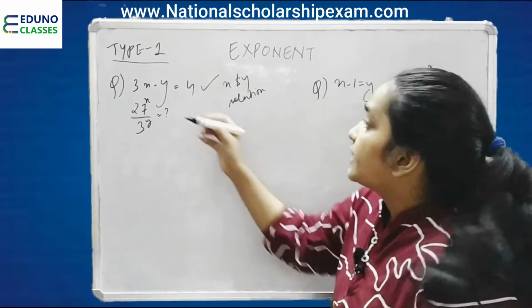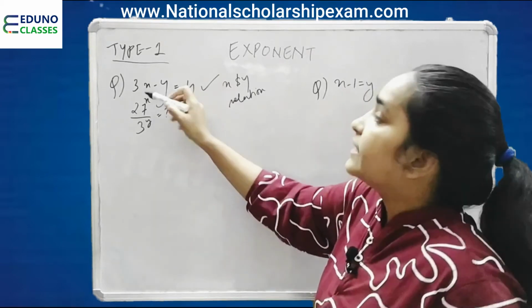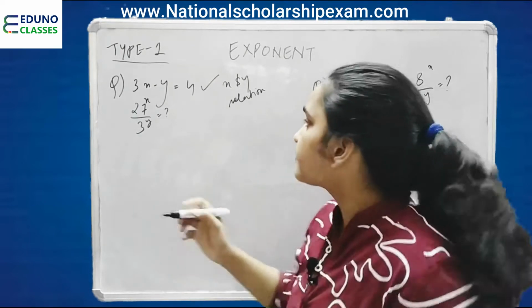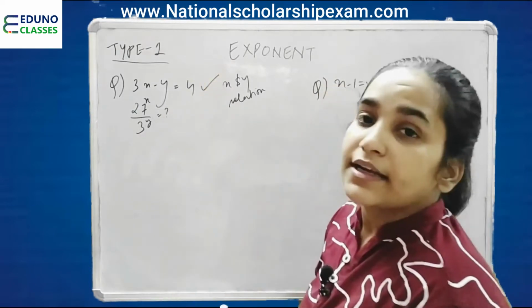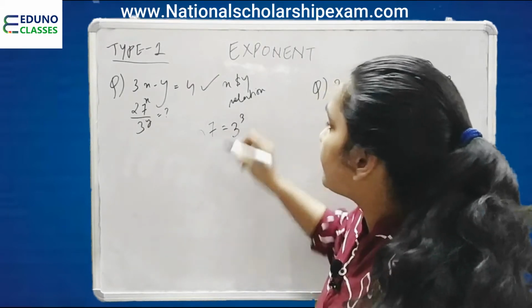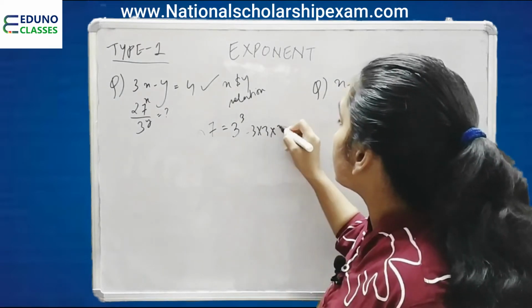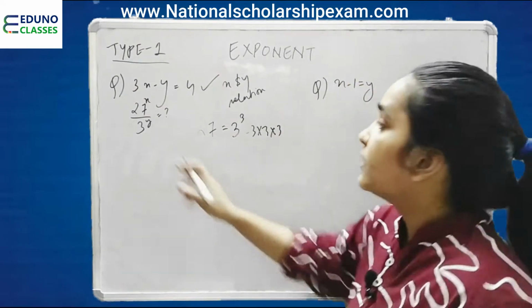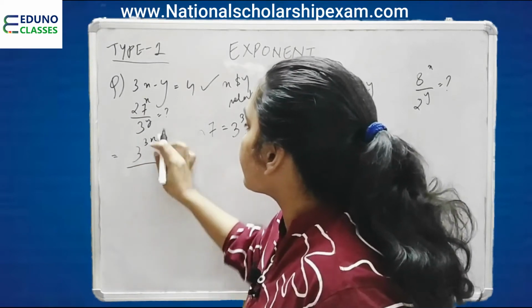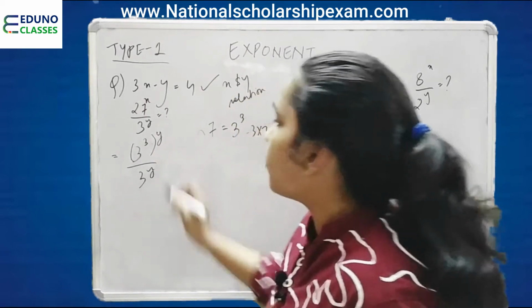So, this is the relation given to us, and if we replace x or y through this relation, we will get a homogeneous equation in one variable. Now, let us do that. Before doing this, 27 can be written as 3 power 3, that means 3 cube. That is 3 into 3 into 3, 3 into 3 is 9, 9 into 3 is 27. So, let us first simplify 27 as 3 power 3, whole power y, and 3 power y.